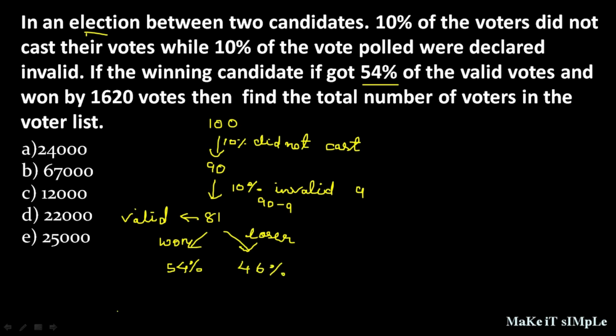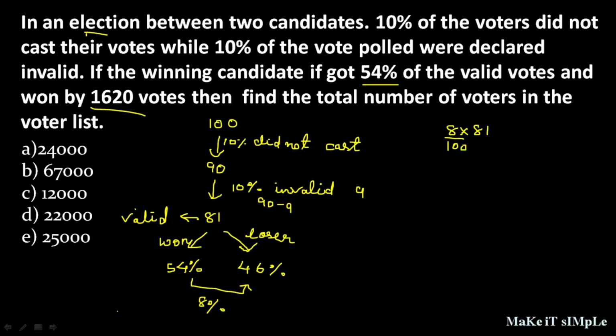100 minus 54 is 46. Okay. Then next what they have given, the difference between this winning and losing candidate is 1,620. So what is the difference in the percentage? That is 8%. So this 8% is not from this 100, it is from 81. From 81, this 8%